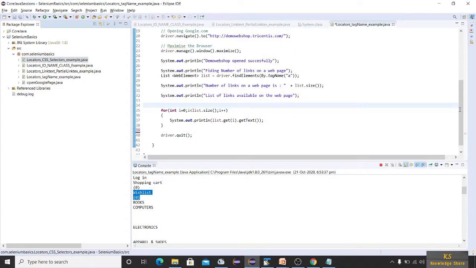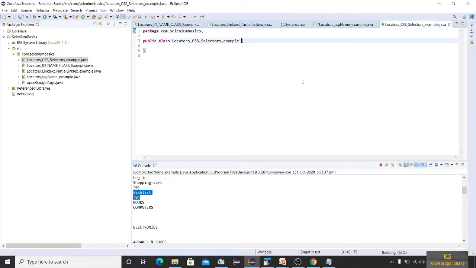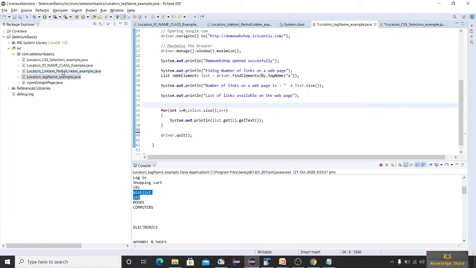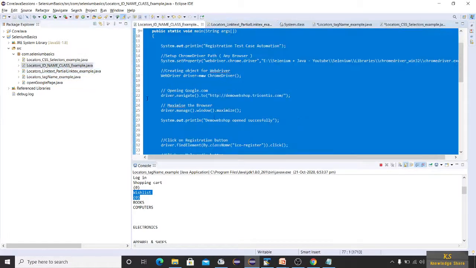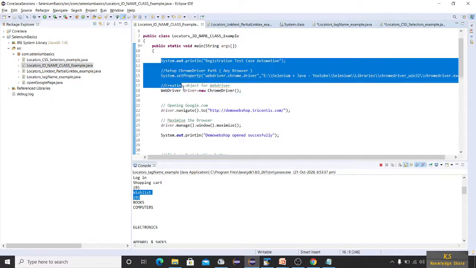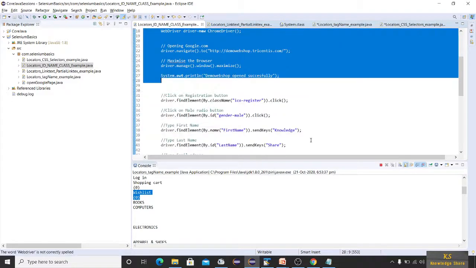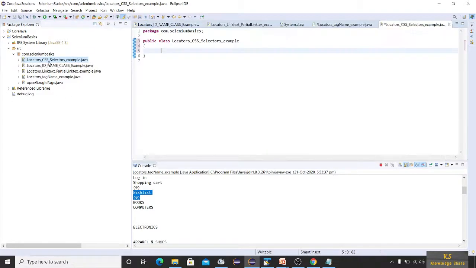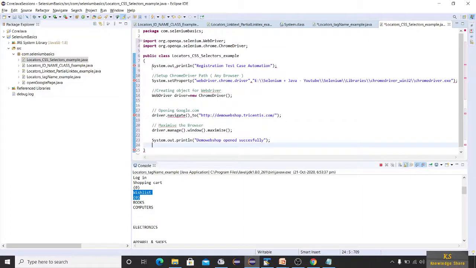I already have a sample code ready for registration, which we have discussed earlier. We will use the same concept now. I'll be taking this one. Demo shop opened successfully. So we will copy till here.